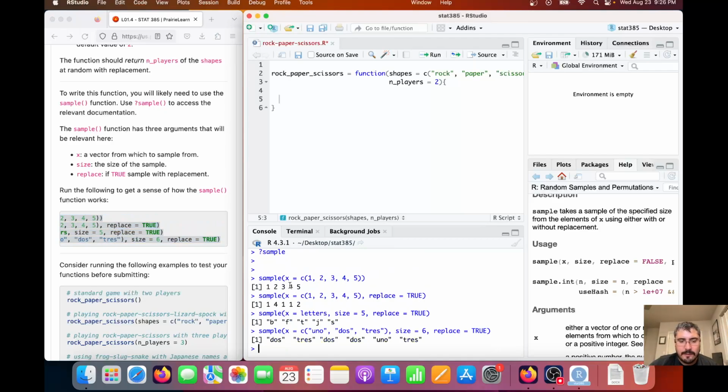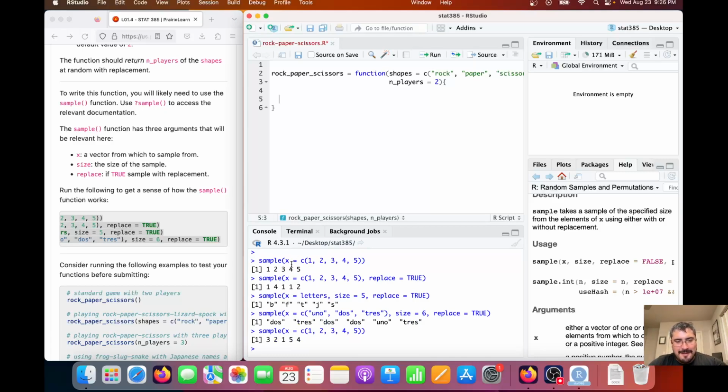All right, so sample 1, 2, 3, 4, 5. This didn't provide any replace, or it had the default for replace, and it didn't specify size, so it's just the size of the vector. Wait, that's wild. Okay. Huh. Sample 1, 2, 3, it's supposed to be random and came back the exact same order, so I just copied it again just to make sure. Okay, so sample 1, 2, 3, 4, 5, replace equals true, so